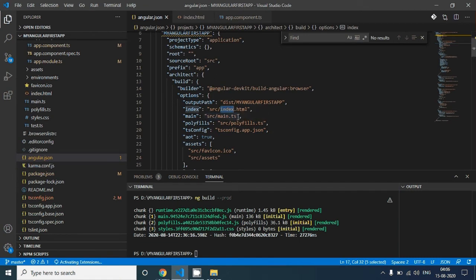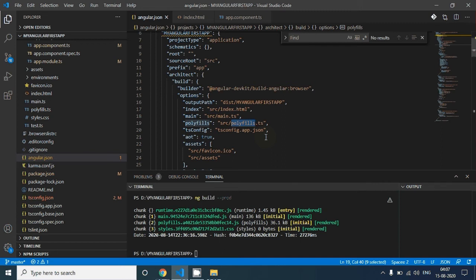So this is the setting, index.html. We have main.ts. Main.ts is the configuration file from where our application is bootstrapped. Bootstrap means from where our application starts running. So we will discuss main.ts in our next video. Then we have polyfills. Polyfills is a file that helps us fill the gap of our browser. Let me give you an example.